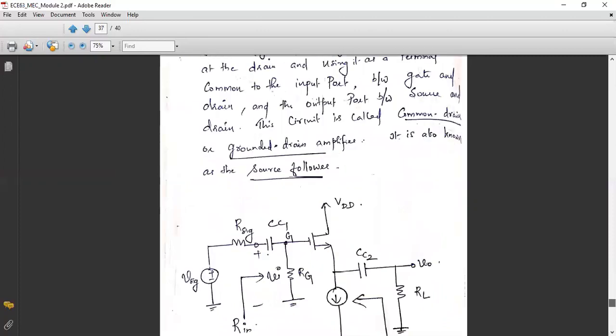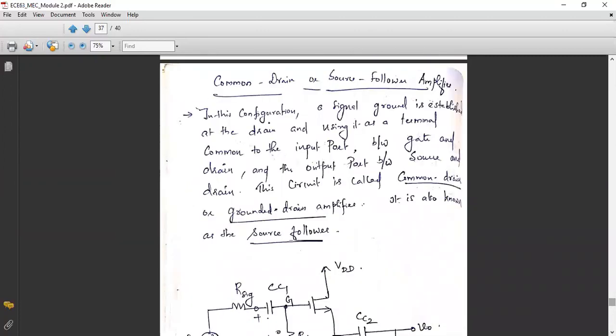That's all. Now, coming to the last topic of this module, that is common drain amplifier. So altogether, how many amplifiers do you have? You have 3 amplifiers: common source, common gate, and common drain. In the last class, we studied common source. That too, you have 2 categories of common source. One is with RS and without RS. Secondly, you have common gate, and thirdly, common drain. So if common source is asked, you have to find whether it is with RS or without RS. Accordingly, you write. If it is with RS, you have to write that case only. So read the question properly and then write the answers.